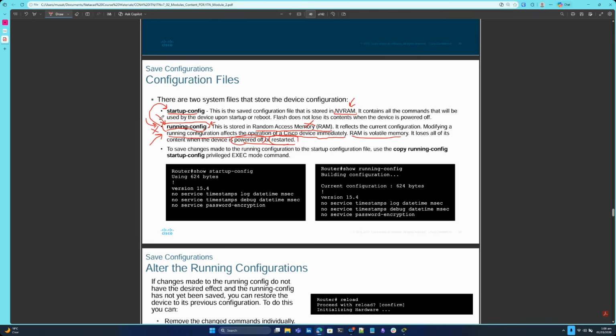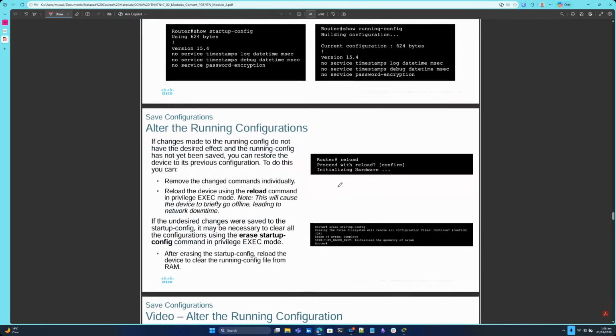So you need to save your running config in a startup config every time you make changes. So whenever the switch has to reboot after losing power, it will look for startup config in the NVRAM, which contains all the commands that will be used by the device upon startup or reboot. Okay, so